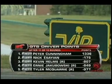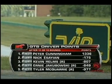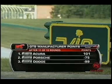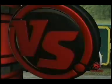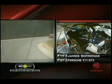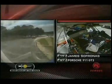Pretty good day indeed. The driver points show P.D. Cunningham with a clinch, his record 6th championship in World Challenge over Hussein and Kevin Helms. And then, of course, you take a look at the manufacturer points. Acura had already clinched it. It gives them a record 9th championship, breaking the tie they had with Porsche. And speaking of Porsches, let's go to our MTM SpecialOpsWatch.com best move of the race. And it was the pass Porsche's James Safronis put on Jason Daskalos over in that turn 1, 2, 3 complex,